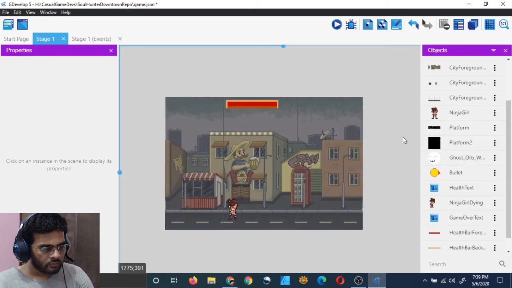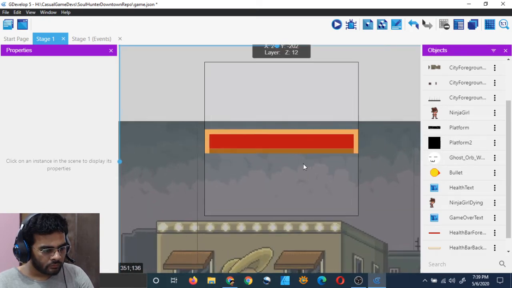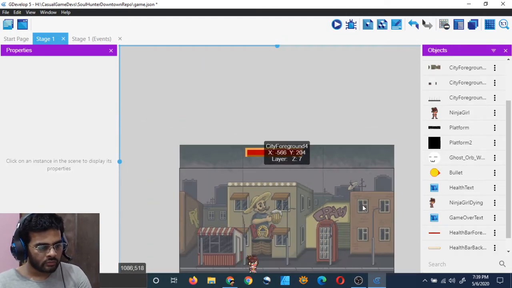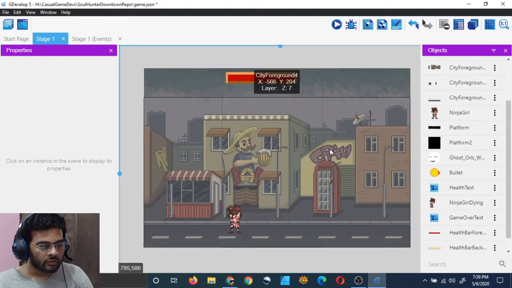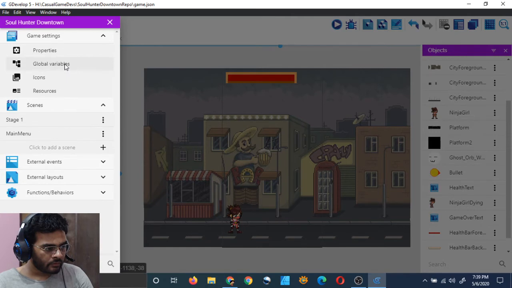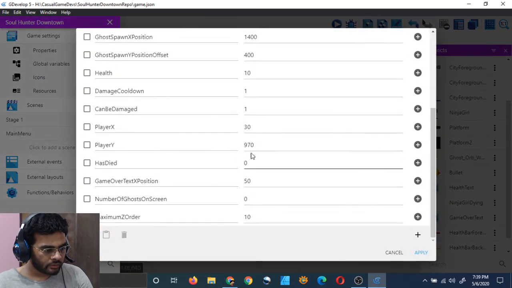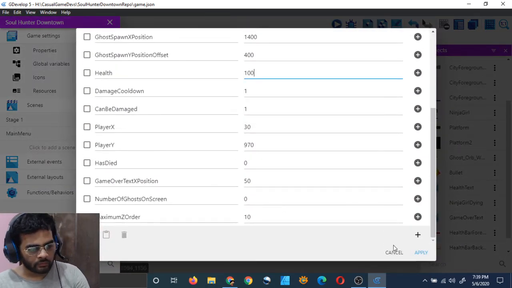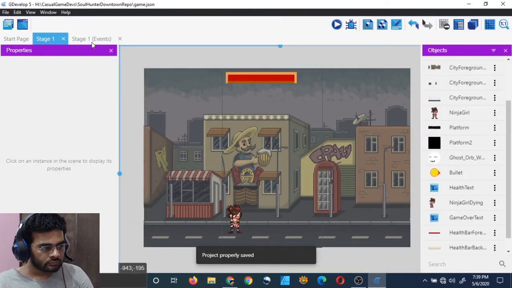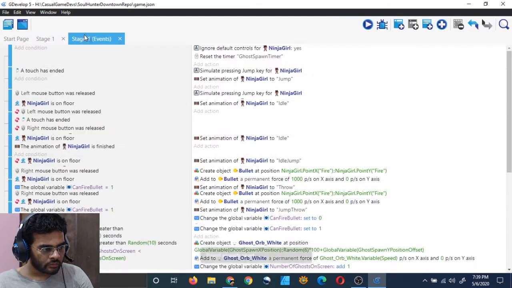And now we need to change the width of the health bar as health changes. So first of all, let me change my health back to 100, the way it was. Apply, and now let's do that.